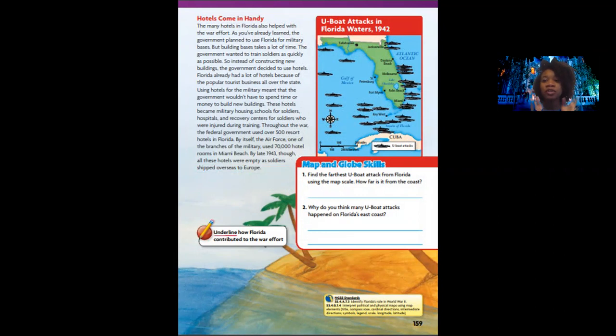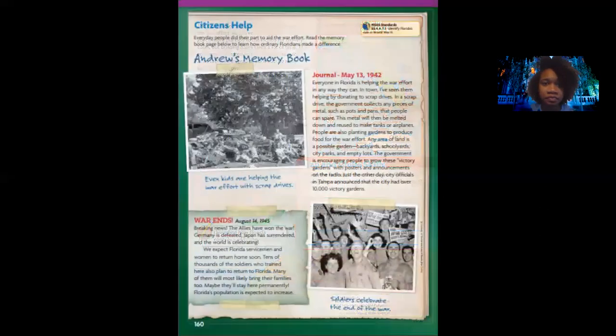Brownie points for you right now watching this video if you know the name of the person we're going to hear about when it comes to hotels, because we did his DBQ in class before you left for spring break. The first letter of his first name is H, and his last name starts with an F. I'm going to give you a few seconds. His name is Henry Flagler. So you're going to see about Henry Flagler again. You should already know a lot about him because he contributed to Florida's hotels, railroads, and businesses.